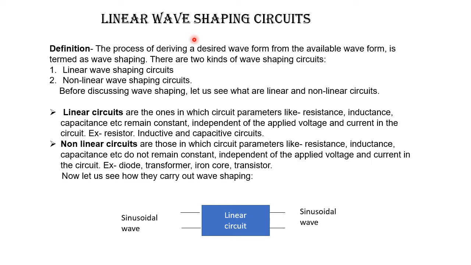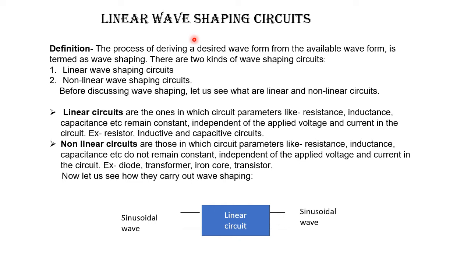In these circuits, if we apply a wave as the input signal, then the property of the circuit is that it changes the shape of the wave. Such circuits which change the shape of a particular wave applied to them as the input signal are known